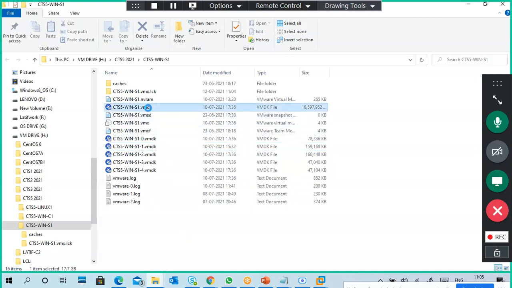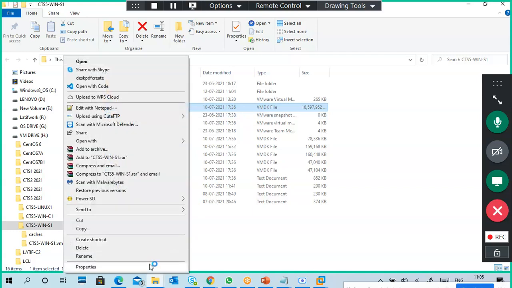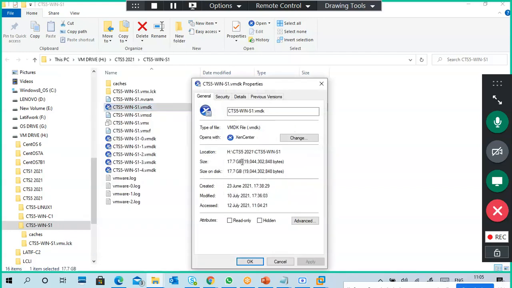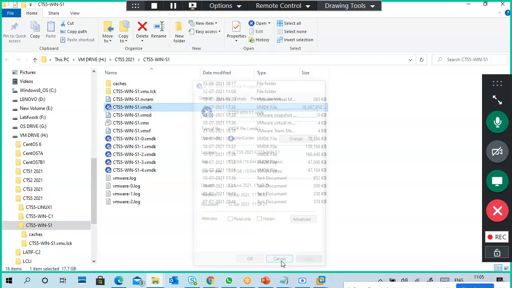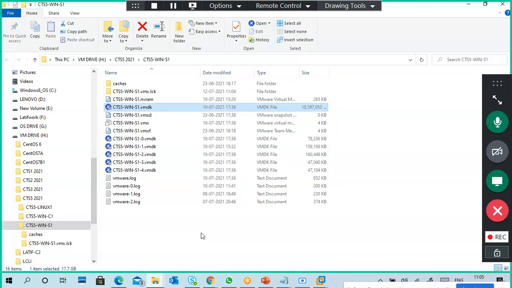So this is the original hard disk. The main hard disk is this one. I installed the server on this hard disk only. All my server files are located in this virtual hard disk. So I store my server operating system and the files inside the server in a VMDK file only, like this.